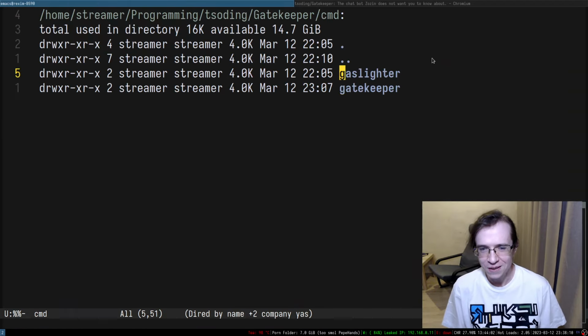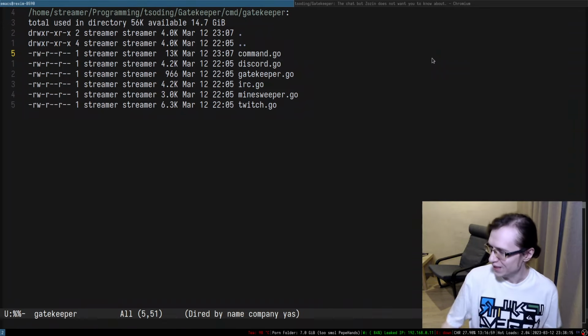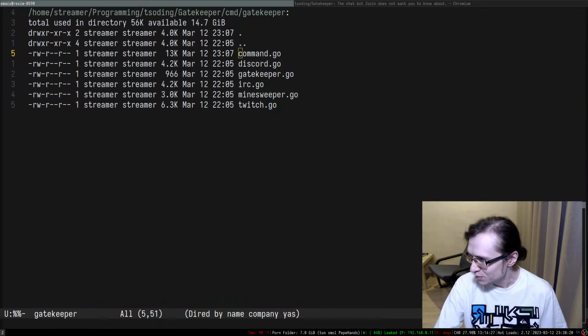So we handle commands within the Gatekeeper. We're not going to do anything with Gaslighter right now, maybe a little bit later, we'll see. So we've got some stuff